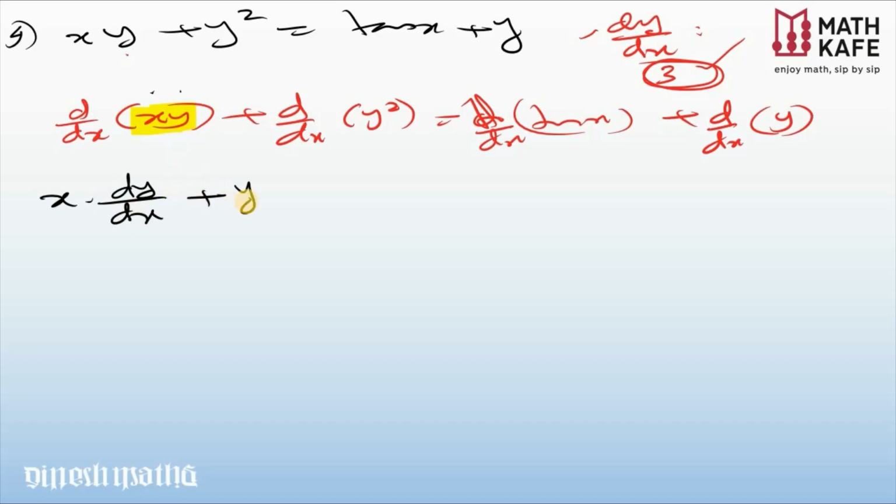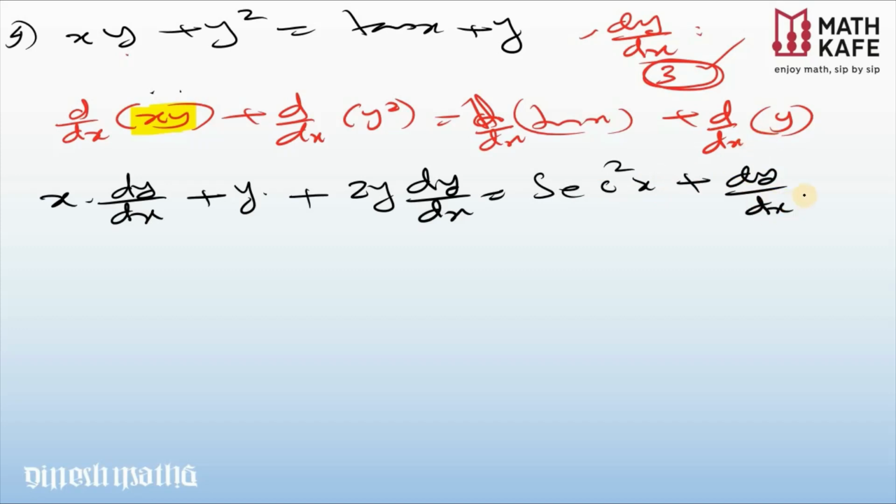And second function into derivative of the first, d by dx of x is 1. I'm leaving that. Then derivative of y square, 2y dy by dx, and derivative of tan x, sec square x. Again derivative of y, dy by dx. Do not go to the next step unless you confirm you got as many dy by dx as the number of y's. See 1, 2 and 3, and that says you're perfectly correct and you can proceed.